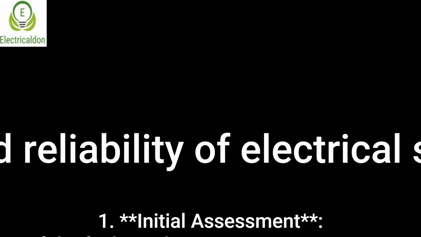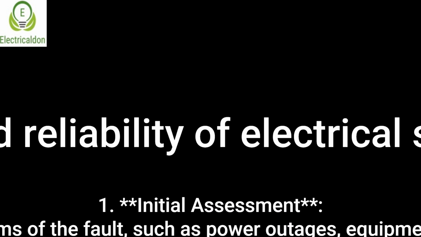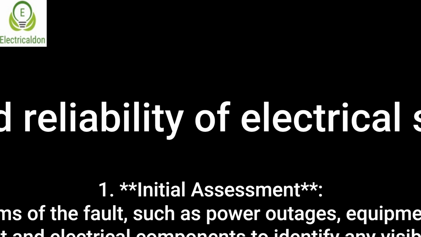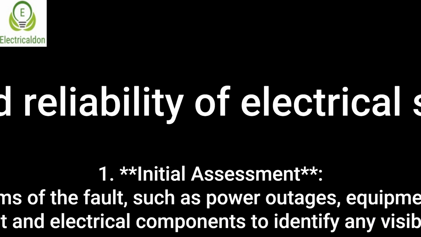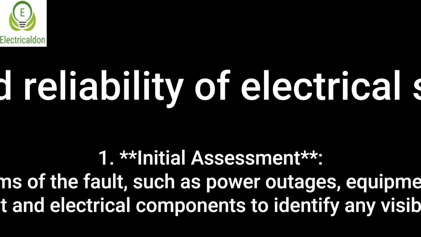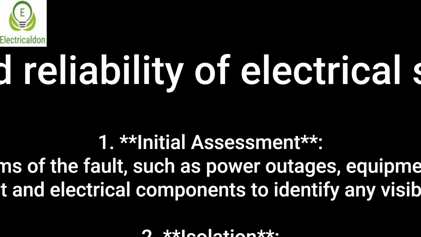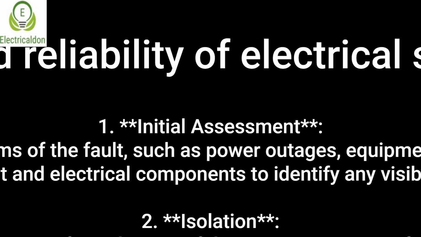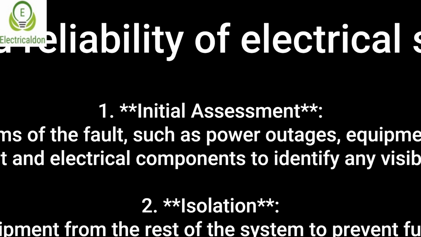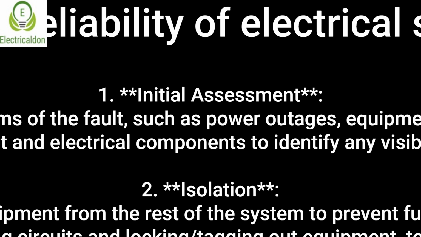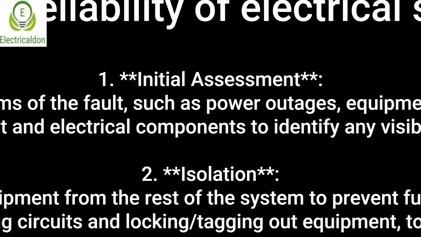1. Initial assessment. Gather information about the symptoms of the fault, such as power outages, equipment malfunctions, or abnormal behavior. Conduct a visual inspection of the affected equipment and electrical components to identify any visible signs of damage, overheating, or loose connections. 2. Isolation. Isolate the faulty circuit or equipment from the rest of the system to prevent further damage